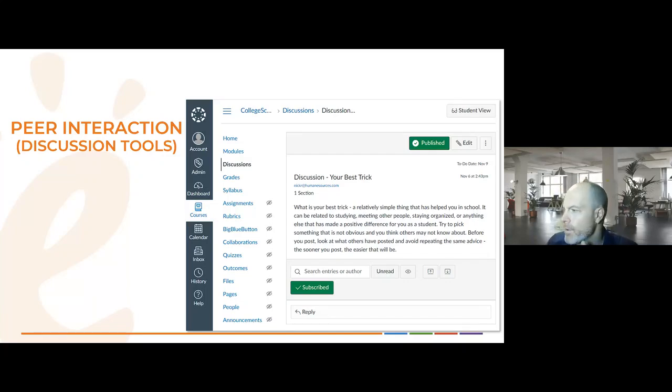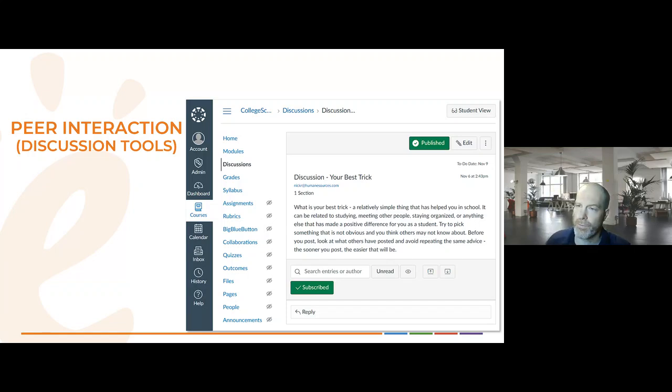So, more peer interaction discussion tools. This is an example Canvas uses. I know Maggie mentioned she's familiar, so she's probably familiar with this too, but I'm sure Moodle would have something similar, where you can add an assignment or a module within the course that's a discussion. So here's an example of "your best trick." Allowing people to show off their strengths is a way to increase engagement. You're letting them discuss what they're good at. Lots of people like to talk about what they're good at.